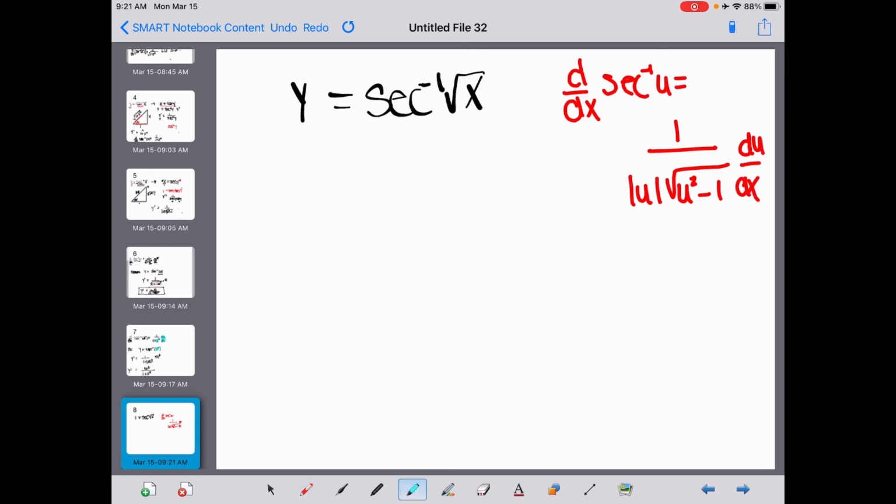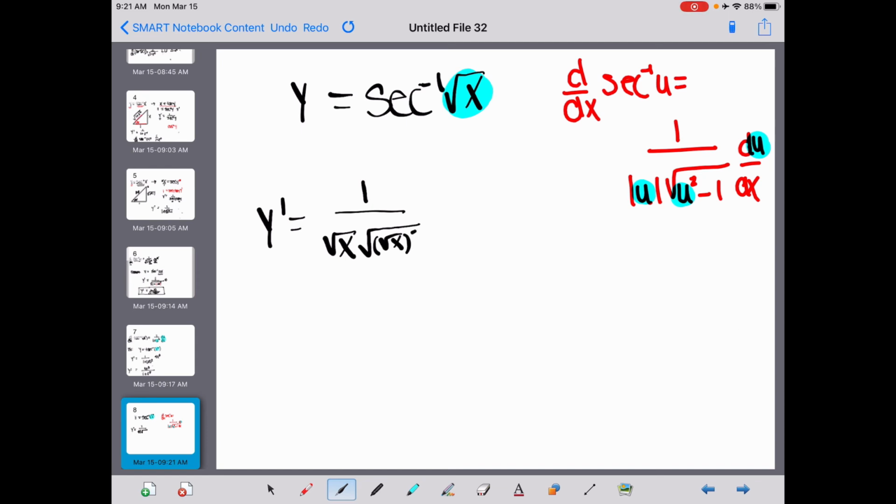So applying that, we have our square root of x going in here, and you're taking the derivative of that on the end. So y prime will equal 1 over the square root of x times the square root of